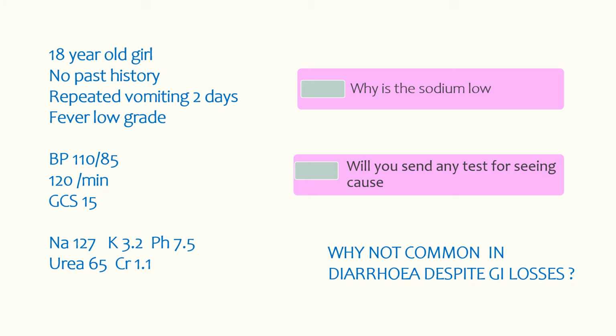Actually no, because vomiting is a very common cause of low sodium, and diarrhea is not so commonly associated with hyponatremia. It may cause hyponatremia or hypernatremia, because vomiting actually stimulates ADH, and we will just see this in the next slide. Diarrhea does not stimulate ADH. Loose motions don't stimulate ADH, only vomiting. So diarrhea normally causes hypernatremia, and may cause hyponatremia sometimes.